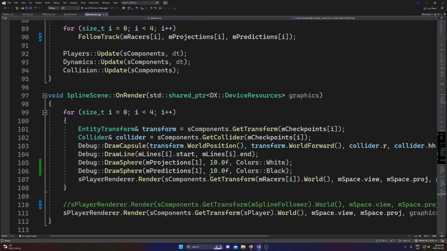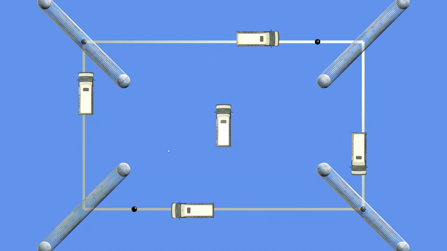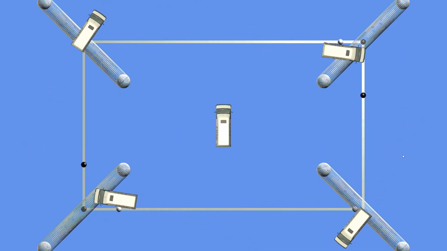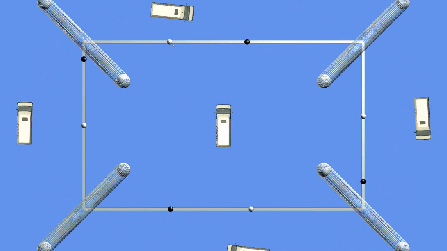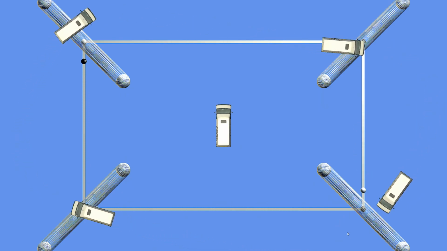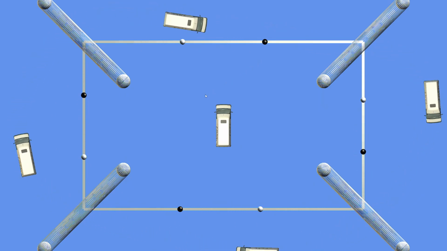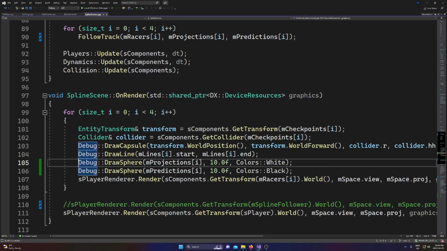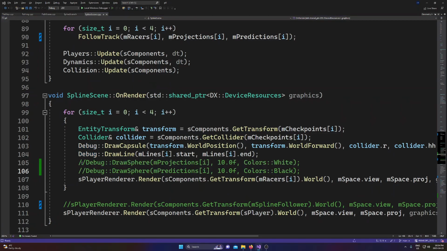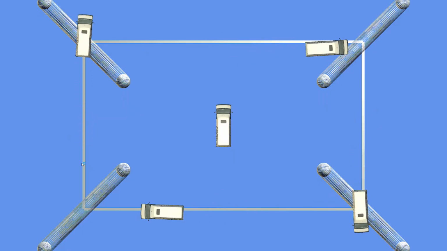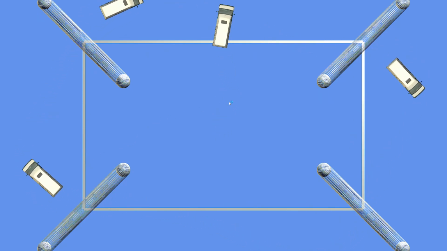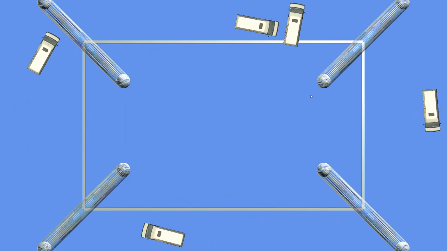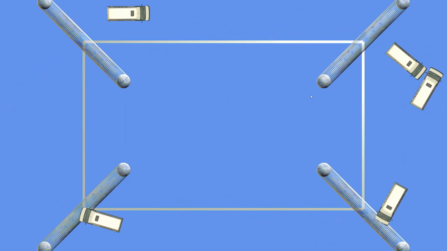So yeah, if I recompile this with both the current and future predictions of all the racers, it looks a little bit hard to understand, but that's what's going on. They're just seeking towards all of their black dots and then incrementing line segments and thus predictive targets when they hit the capsules. So if we take this off, we can once again see the Van Racetrack Extravaganza in all its glory, and we can create a bit of a traffic jam if we feel like being a jerk and want to test out our